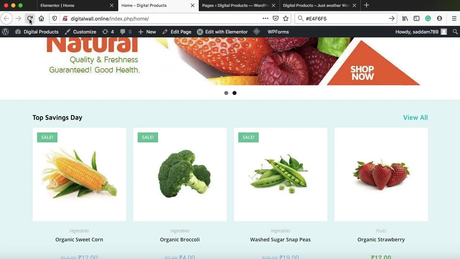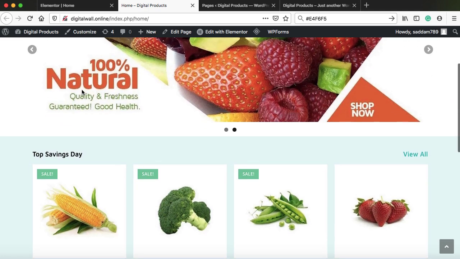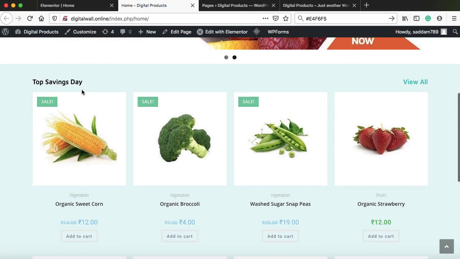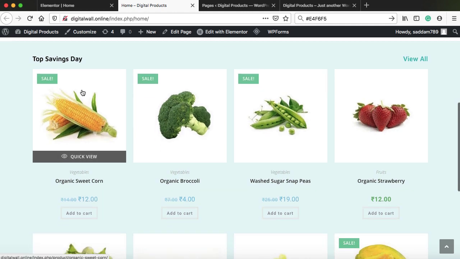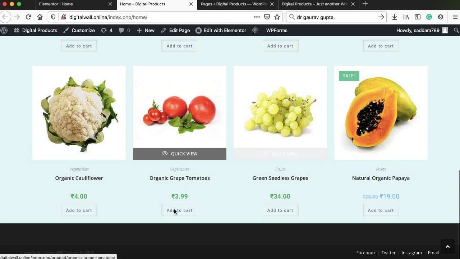Here we go. So this is how the home page looks like. See, one by one, when we are playing with the elements, with the color, with the sections, the web page is going to be more impressive. Now let's add a banner image just below these products.